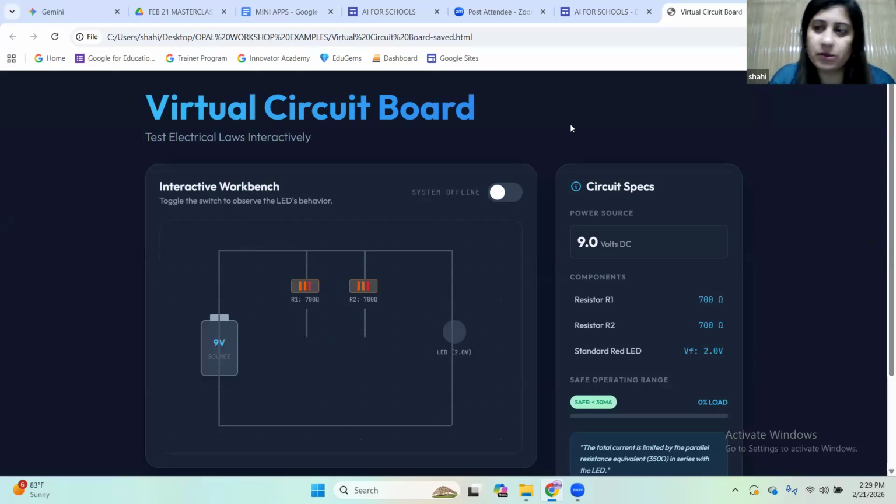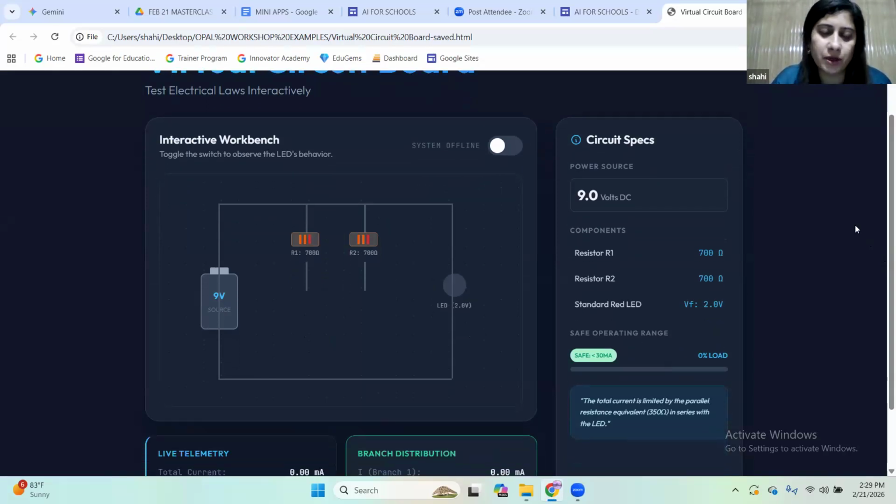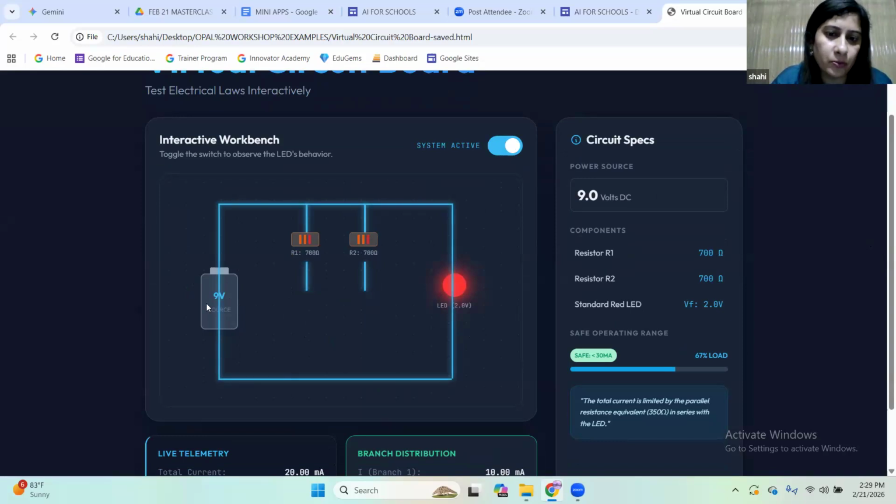So this is a visual circuit board app, again a very, very niche, very focused app, which I have created. I have added my requirements of what I want in the circuit. Now, for example, if I switch on the circuit like this, I have added resistors. I have told it that a 9-volt battery is required, and there should be an LED bulb.